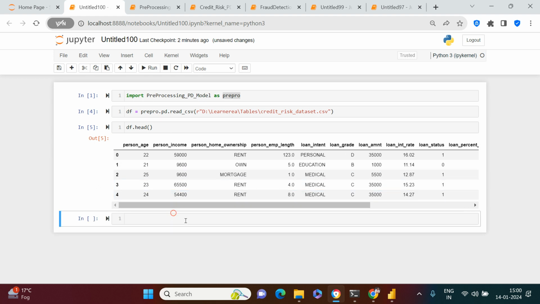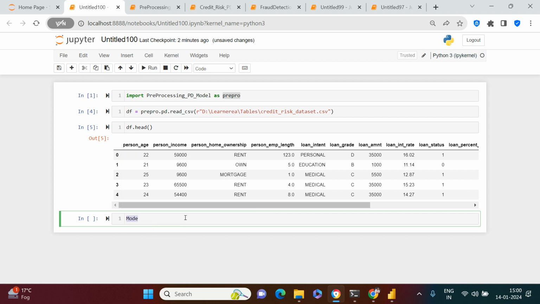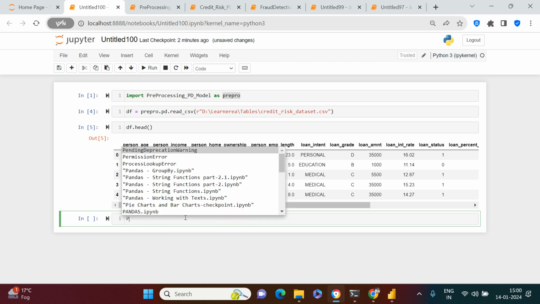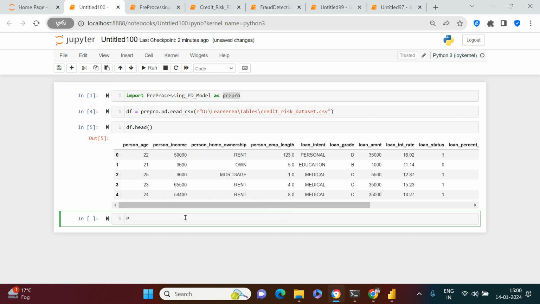Now the time comes when we require to use that model again. If I have forgotten the name, what is that name? Model preprocessing. No, model preprocess. What was that exactly the name? I'm just missing the name of that. Do you guys remember it? Okay, let me just check it out. dir prepro,